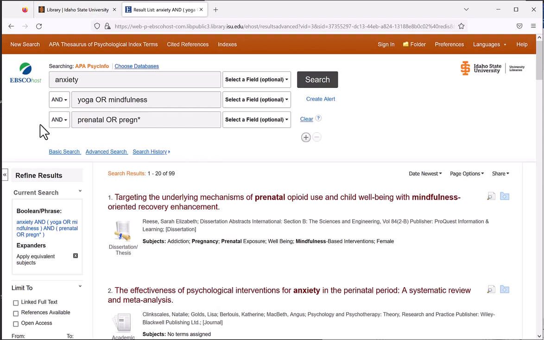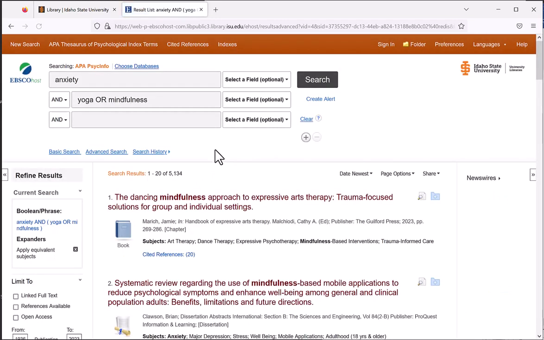One of the things that I mentioned at the beginning of this video is that these are drop-down menus. So it looks really handy that you could possibly use the OR in the drop-down, but this can really confuse your search. So I'm going to do kind of just a quick demonstration here. I'm going to take this concept out for a minute and see how many results we get just for anxiety and yoga or mindfulness. Okay, so I have